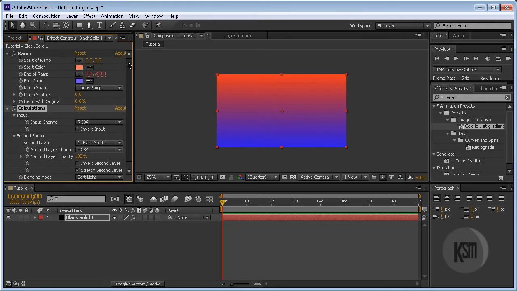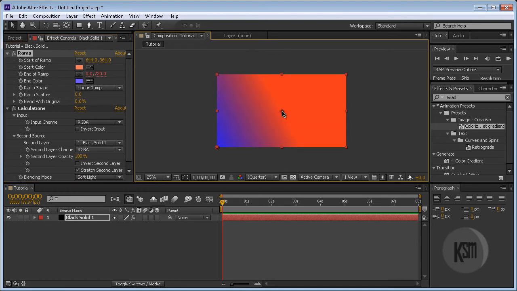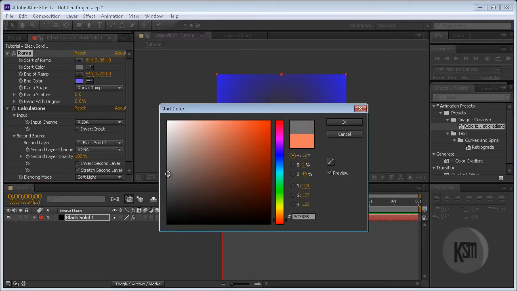After this, where it says start of ramp, click the little target looking thing and click on the center of the canvas, and it'll do this. Now go over to ramp shape, and set the ramp shape to radial ramp, so it gives you that nice sphere in the middle. For your start color, choose a lighter variation of a color, so I'll use light gray, and then I'll use dark gray for the end color, so we get a nice vignette effect on there,